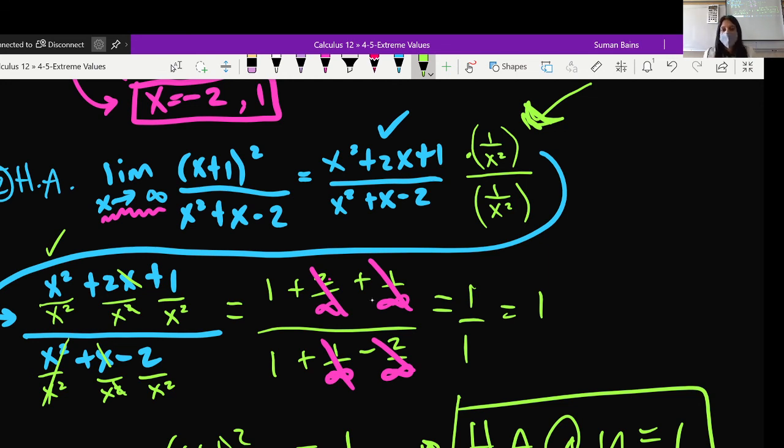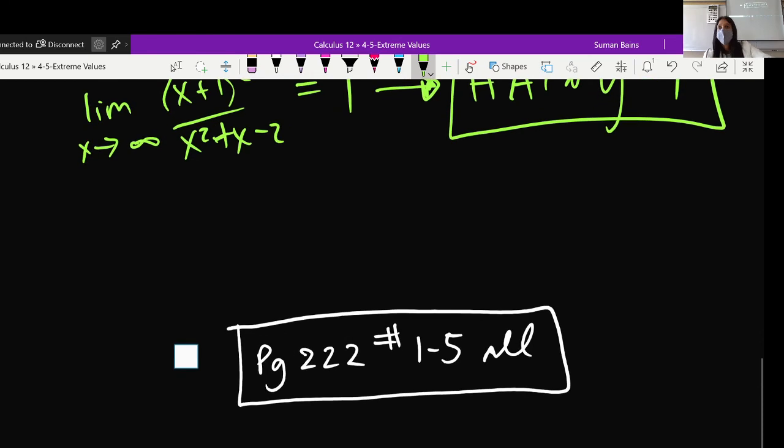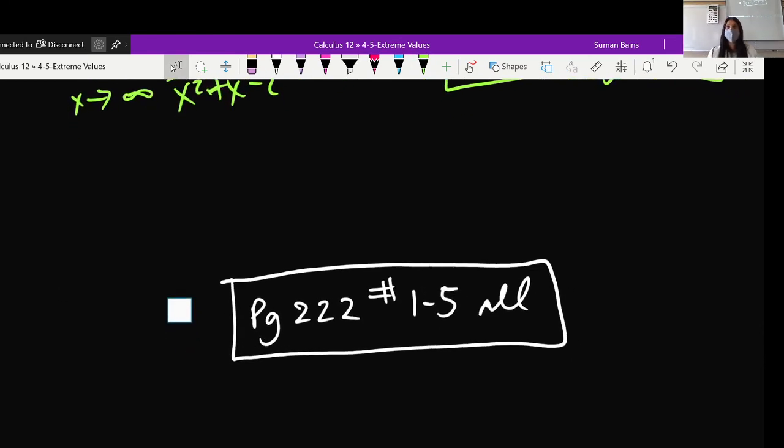So if the leading term, instead of x squared, was like 3x squared, would you still use x squared or 3x squared on the fraction that you multiplied by? Good question. Would you always want to make it 1? Yeah. Okay. So then if we had x plus 2 at the top and we didn't have an x squared, then we could just multiply by 1 over x and at the bottom 1 over x. Okay. So look for the highest degree, and that's the thing that we want to multiply by in order to get rid of it. Wouldn't that always make the